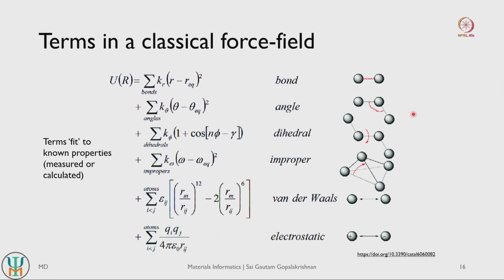For angles, so for 3-body interactions, you can model the angles. So these are the angular terms. For even higher-body interactions, so 4-body interactions, you can model the dihedral angles. For improperly coordinated atoms you can model some kind of solid angles here, right? And if there are very long-range weak interactions, you can have van der Waals interactions. And if you have strong electrostatic interactions between atoms, you can also include that in your force field.